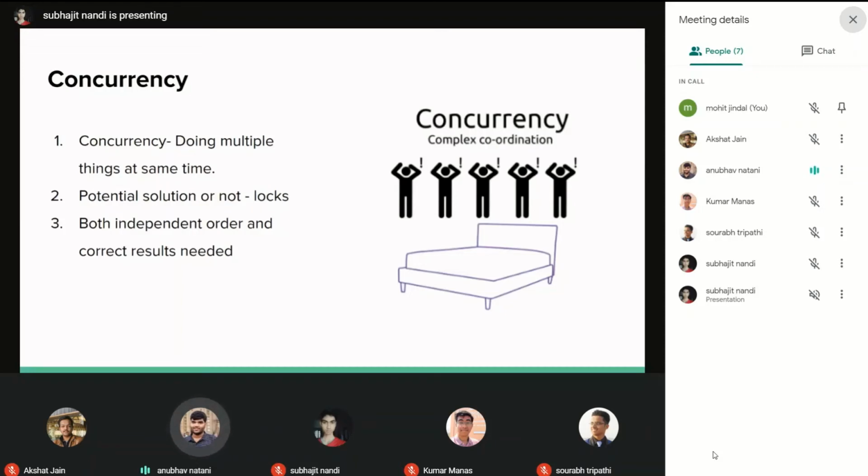One of the solutions that were given to us in our BTech degree is using locks. We have learned it in operating systems, so we can use locks and lock a particular thread, and then a single user can use that, and simultaneously the second one has to wait. But we cannot do that kind of solution in a collaborative text editor, because both of the users have to simultaneously edit a document, make changes, and get the correct results also. So in concurrency, what is important is that we should have an independent order, as well as the correct results should be generated.